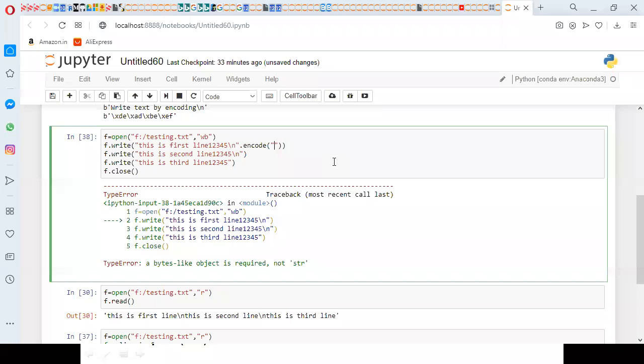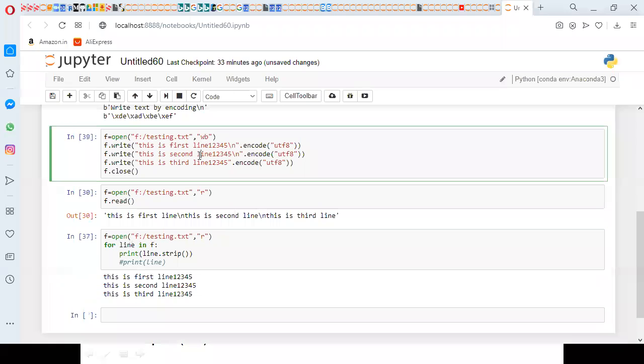Encode of UTF-8. Similarly, dot encode of UTF-8. When I execute it now, I didn't get any error.